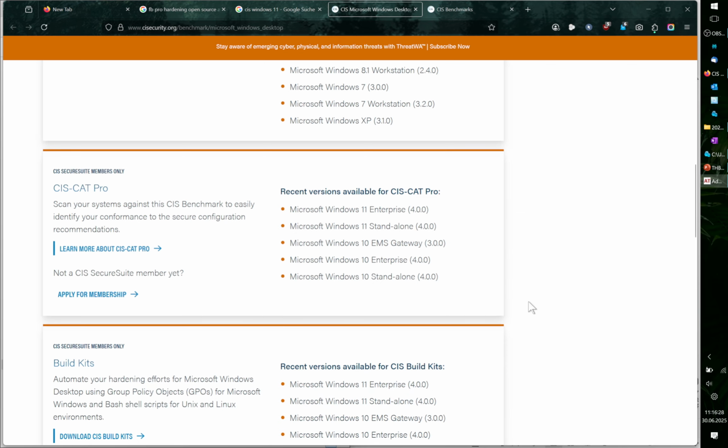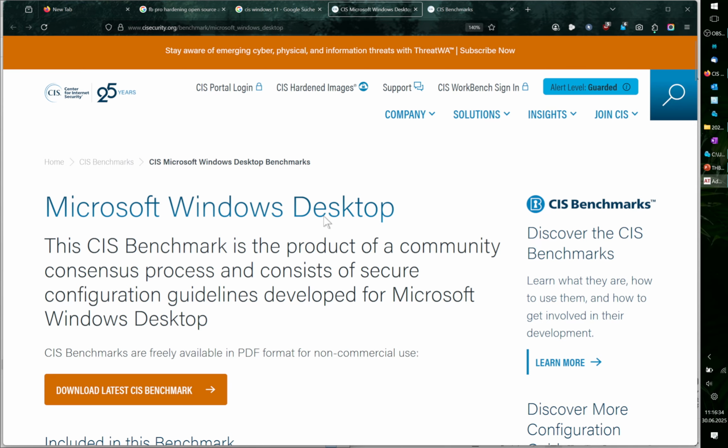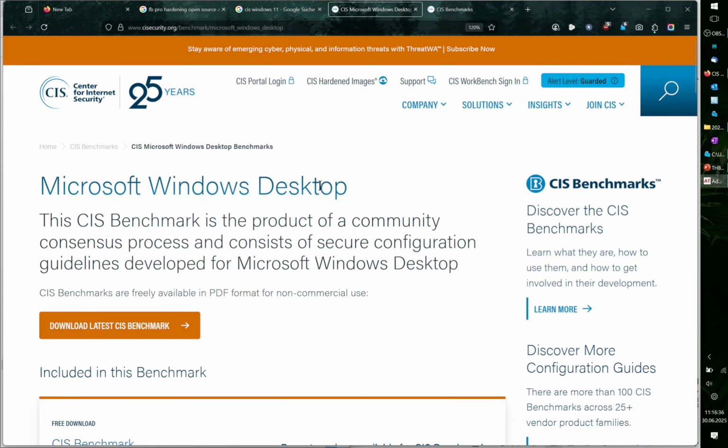So what CIS is, this is the Center for Internet Security, some US department, and typically they give out, for various operating systems and systems in general, recommendations of what to turn off if you don't really need it. So it's still up to you to decide whether you need it or not, and there are some companies that offer you their service to decide that for you in communication with you. And what they do is,